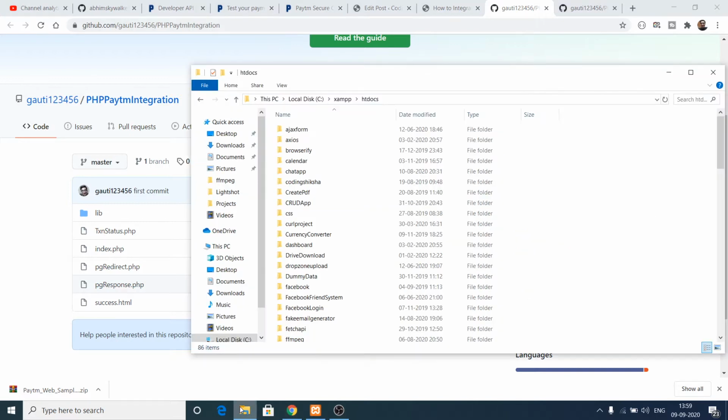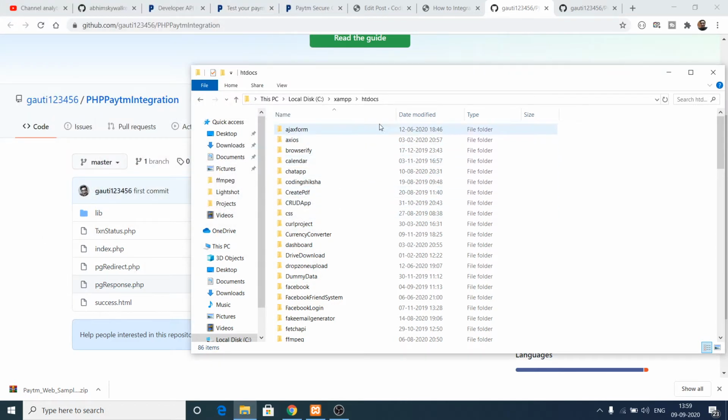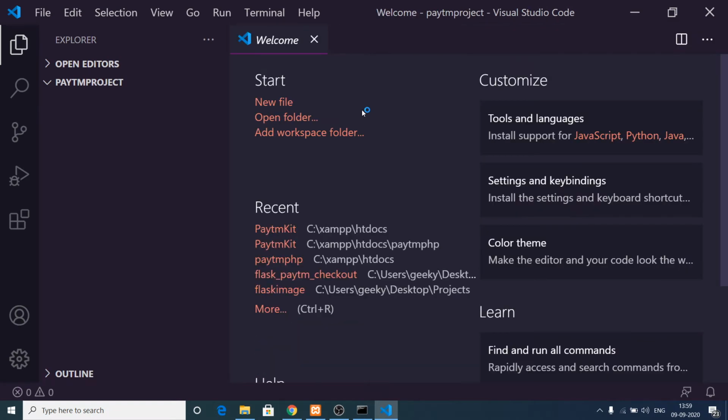Now to get started, I am using XAMPP control panel for my local server in PHP. So let me just create a new folder here inside htdocs. So mkdir, and this will be Paytm project. If I cd into this Paytm project and open Visual Studio Code text editor, the very first thing that we will do is create our form where we will submit information. So right here inside the root directory, create your index.php file,